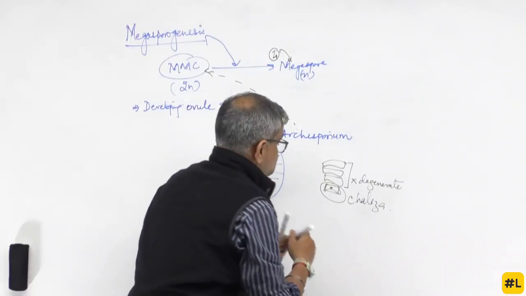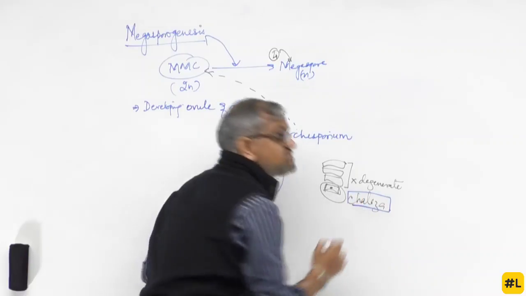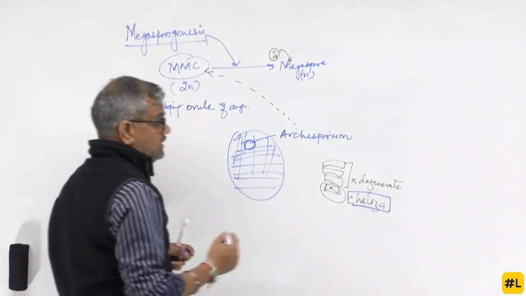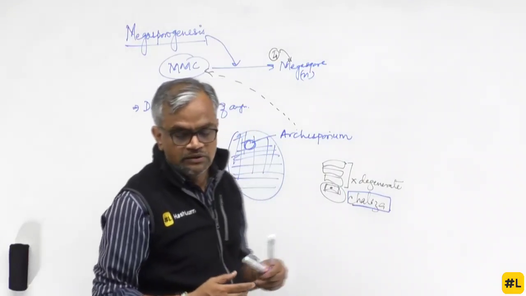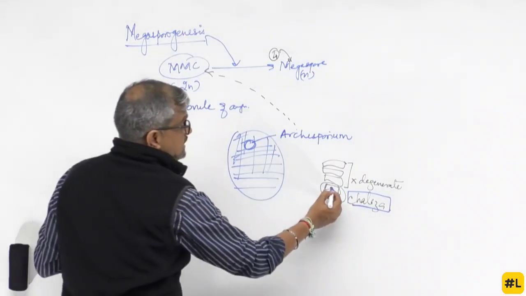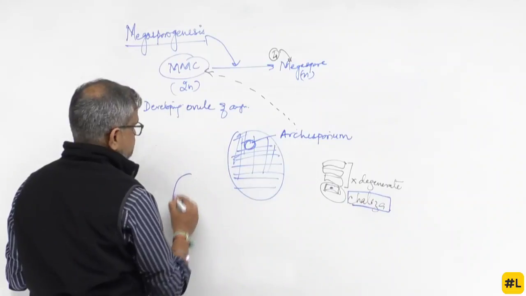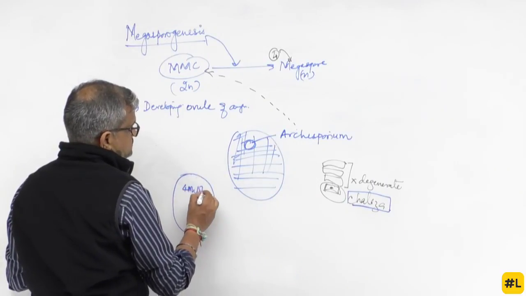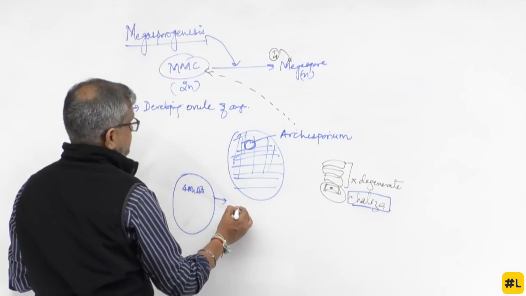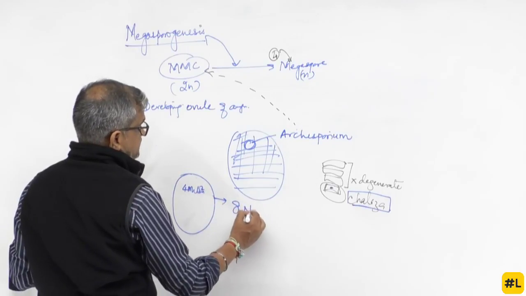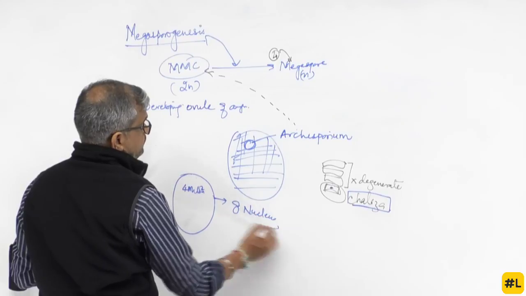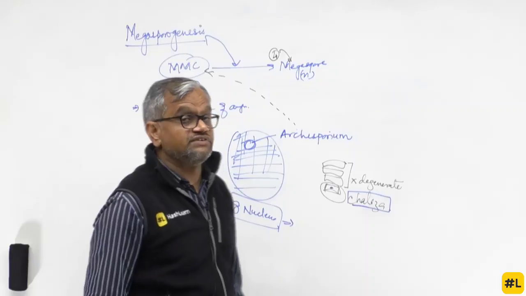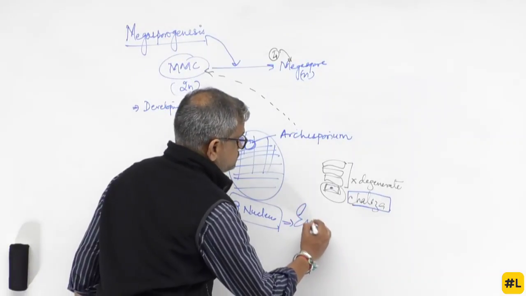And that is the reason the megaspore at the chalazal end becomes functional, and this is the chalazal one which has the nucleus. As I told you, this megaspore undergoes 4 mitotic divisions. When I say 4 mitotic divisions, it gives rise to 8 nuclei, the 7-celled 8-nucleate